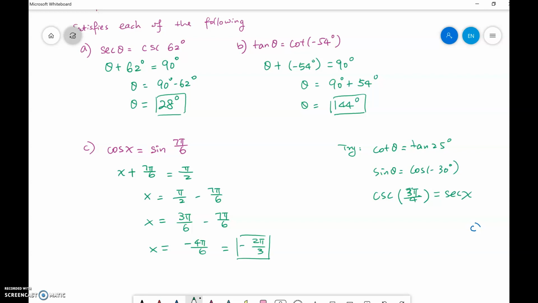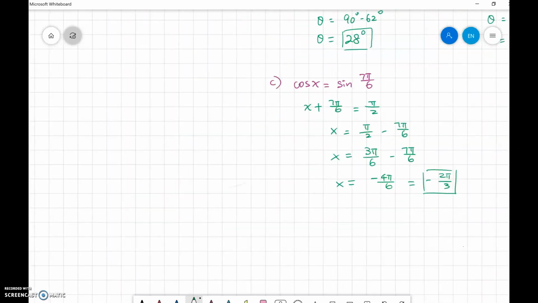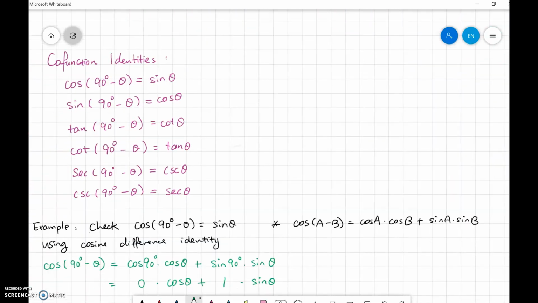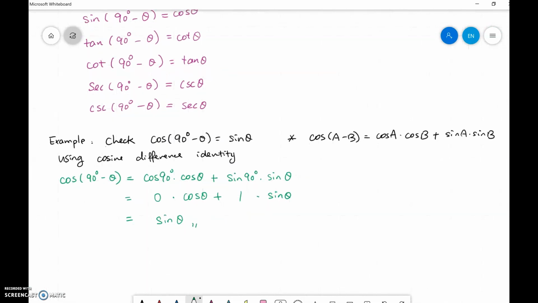One more thing you can try to practice is actually similar to the one I just checked. I want you to check, you can try to check, that this statement is true: cosine of 180 minus pi is the same as negative cosine of